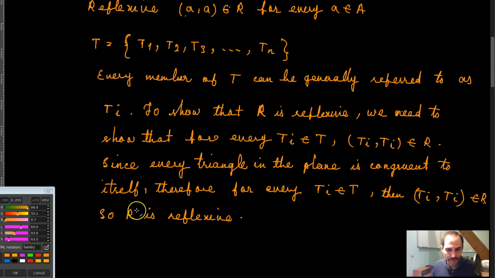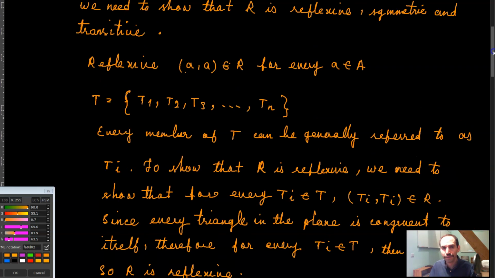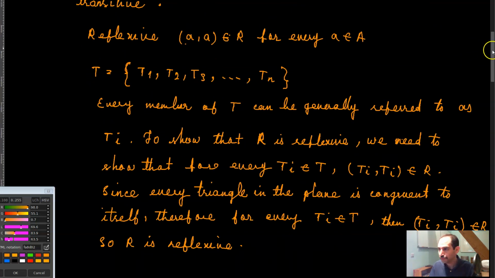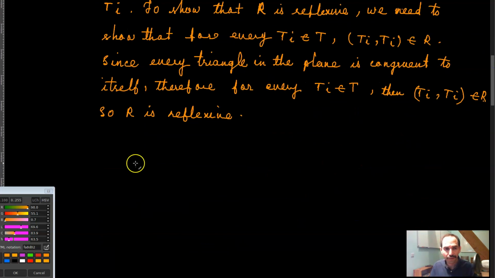That is basically the first part, right? Okay, so the next part of this question, we want to show that R, so over here we showed that R is reflexive. Now we need to show that R is also symmetric. So to show that R is symmetric,